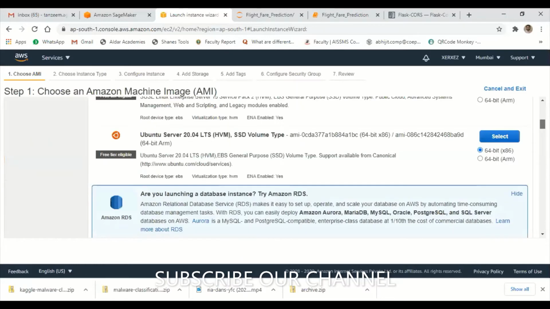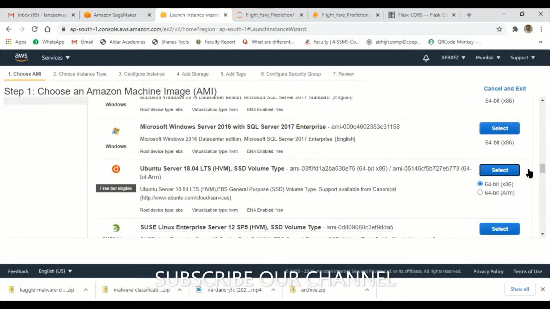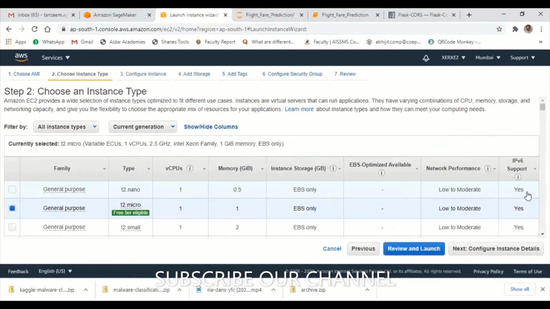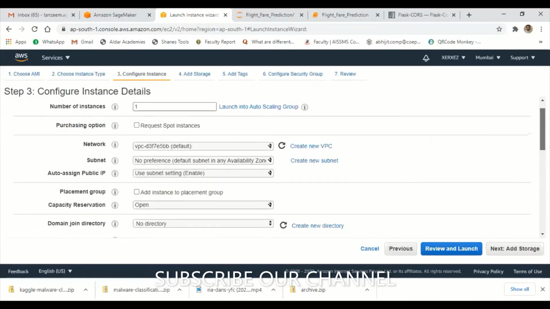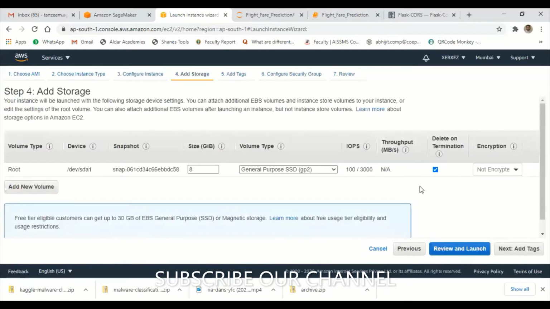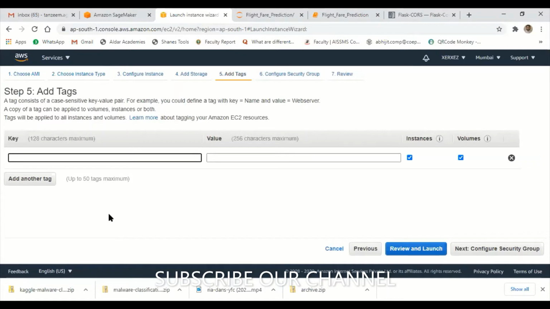Configure instance. Here, one thing: while deploying the Flask machine, you need to give access for HTTP.